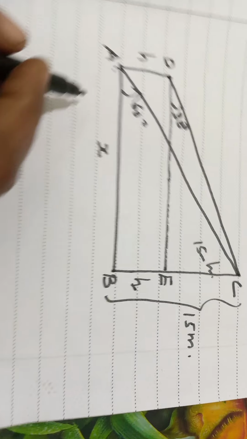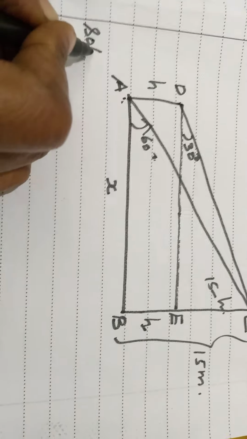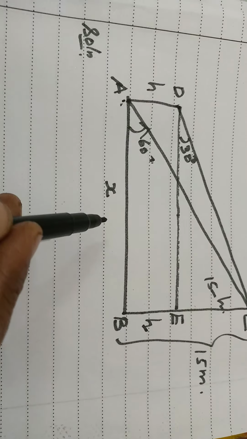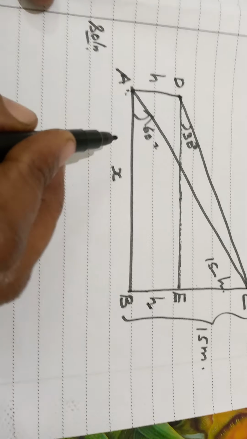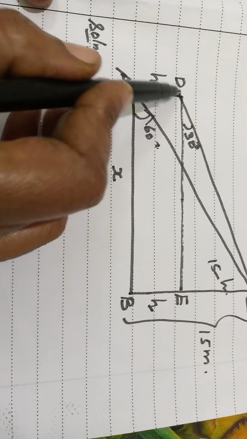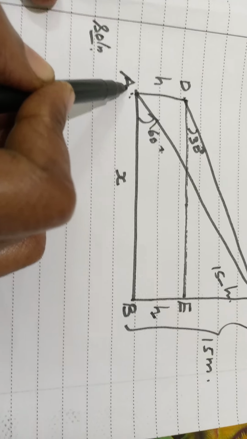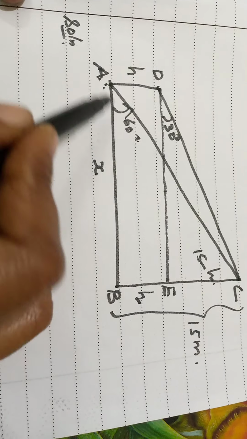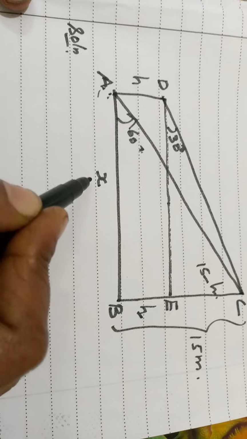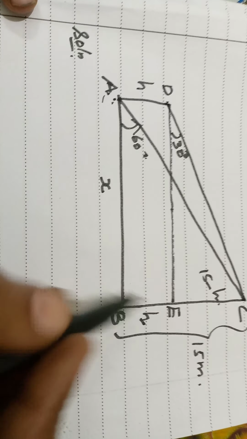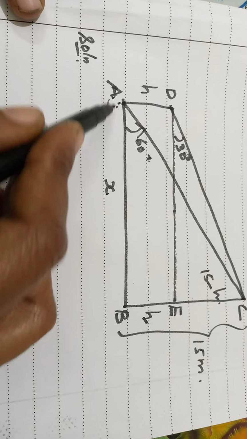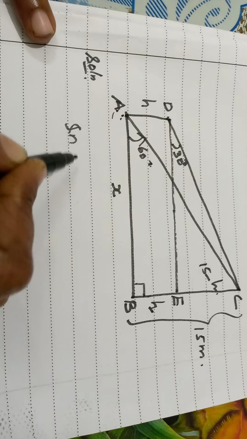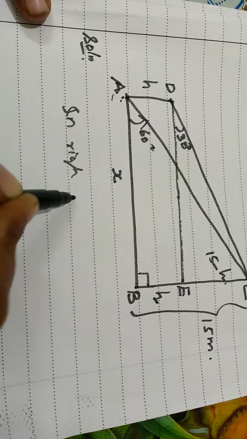Okay, so let's write the solution. So how to do, just I am explaining. After that you have to complete the remaining. Okay, here AD be the electronic pole. Okay, you can write. Then AB distance will be X. AB equal to X you have to write. So first of all you can take it in right triangle ABC.